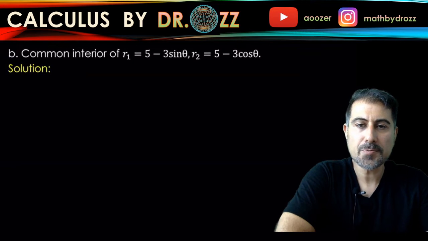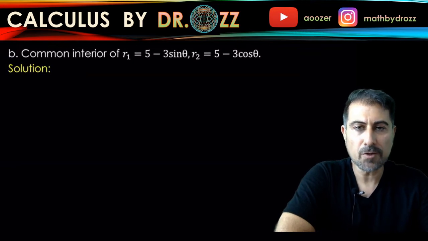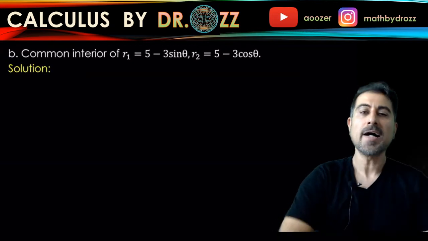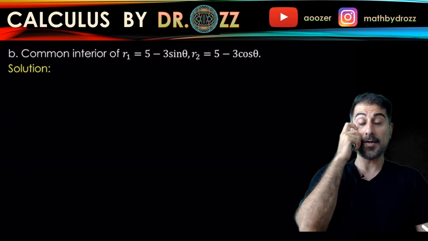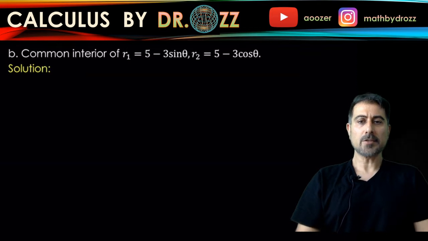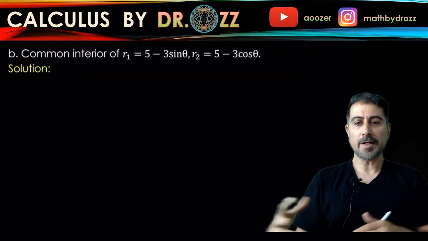All right, so let's consider this part B. We are given two curves. I labeled them as R1 and R2 just for our reference. One is 5 minus 3 sine theta, and the other one is 5 minus 3 cosine theta. And we're interested in finding the common interior as a region first, and we're going to find the area of